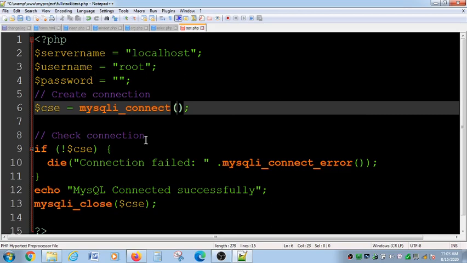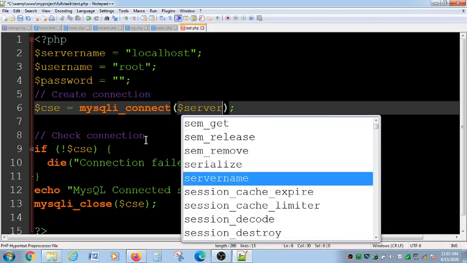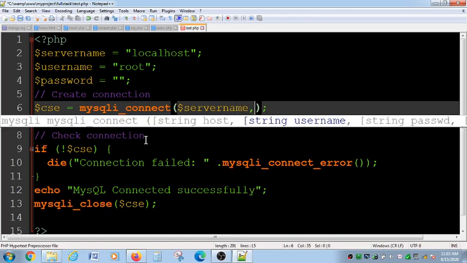So here the first variable will take a server name. So I will give server name. Okay, here it is showing suggestions. Next variable should be the username, so I will give the username, comma. You can see that a highlighted hint is coming.